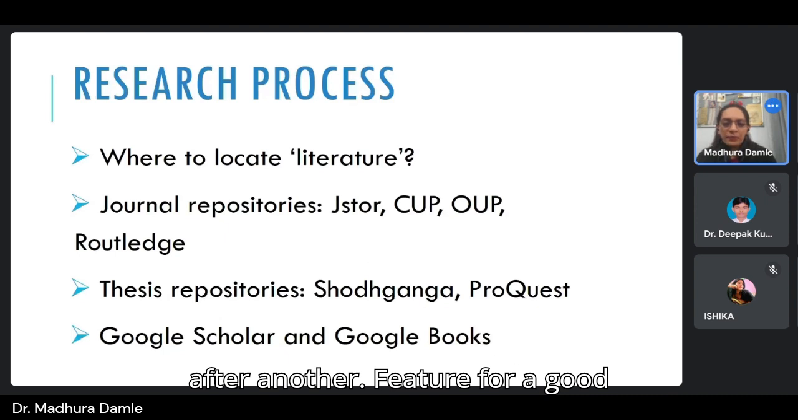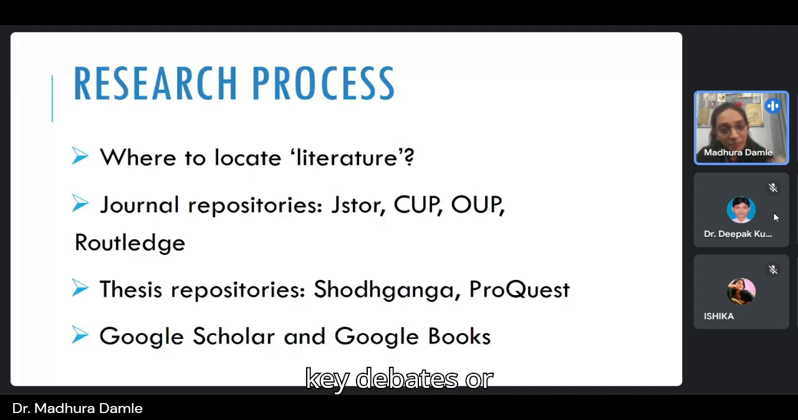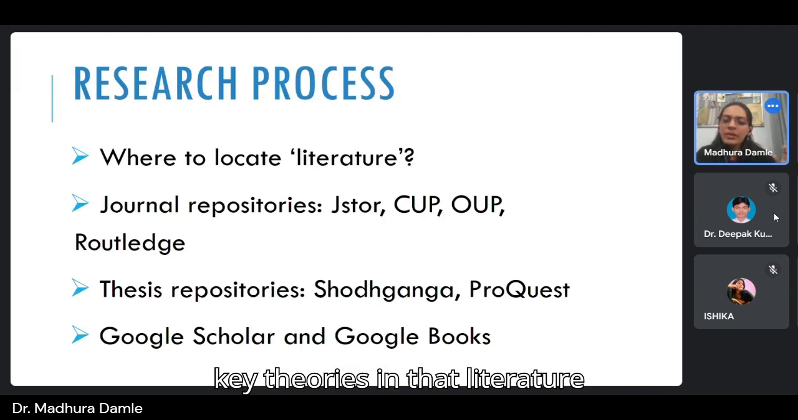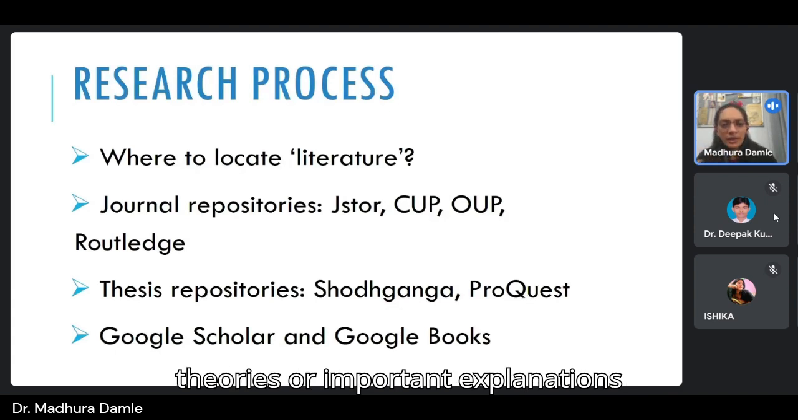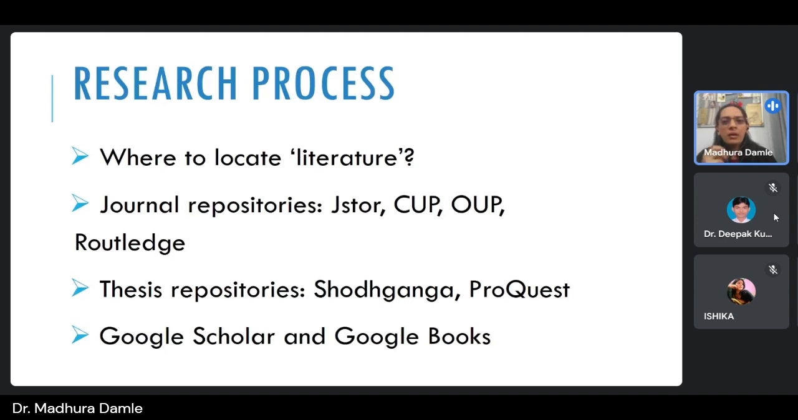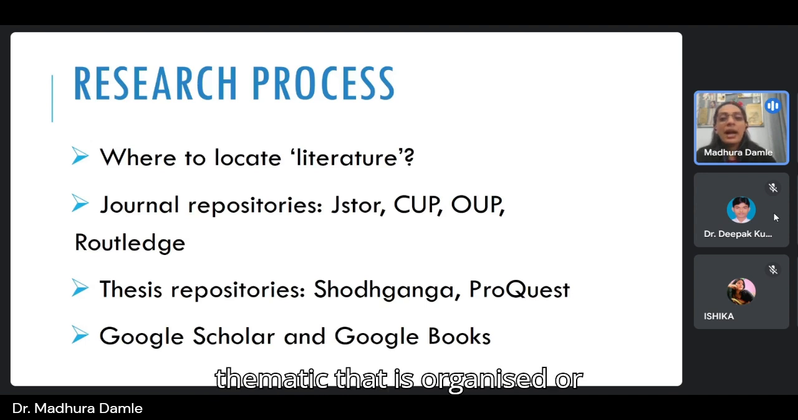A good literature review will identify key themes, key areas, key debates, or key theories in that literature and would explain those important theories or important explanations one after another. So I'm repeating, a good literature review is thematic, that is, organized